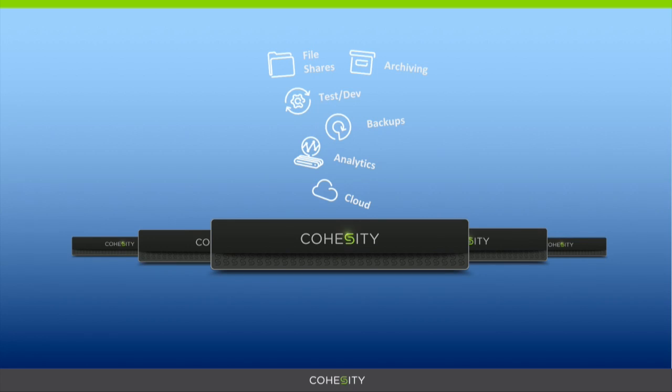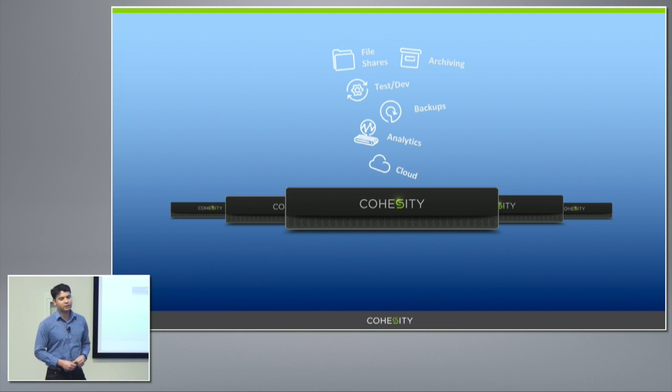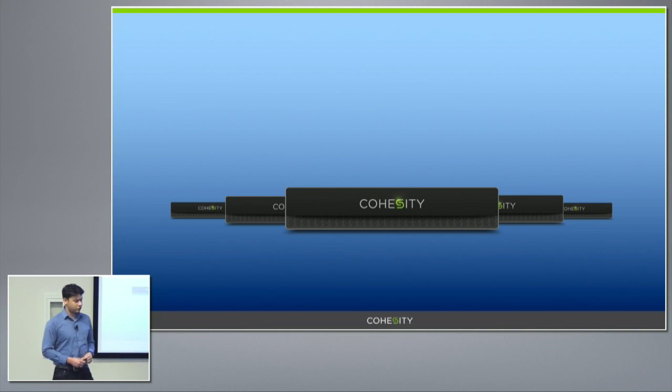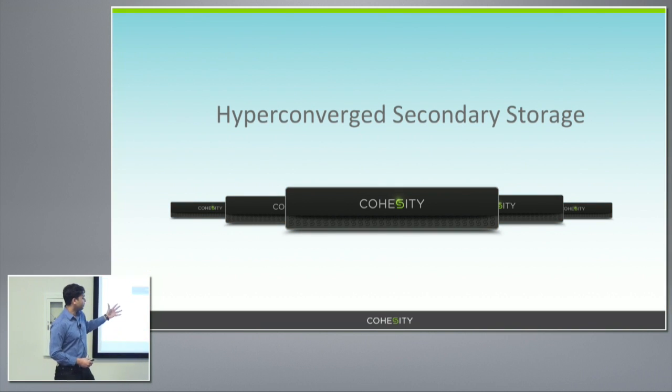Our vision is to build an infinitely scalable storage platform, something that is web scale, something that scales in a Google-like way. It never stops scaling. It's not like you build 4 nodes and it stops scaling after that, or 8 nodes. It literally scales infinitely. And then we take all the workflows I talked about in my last slide, and we consolidate them on this one platform, and that results in what we call hyperconverged secondary storage.